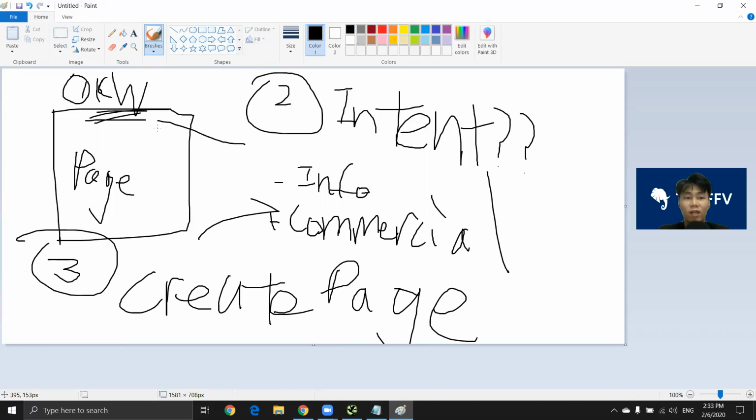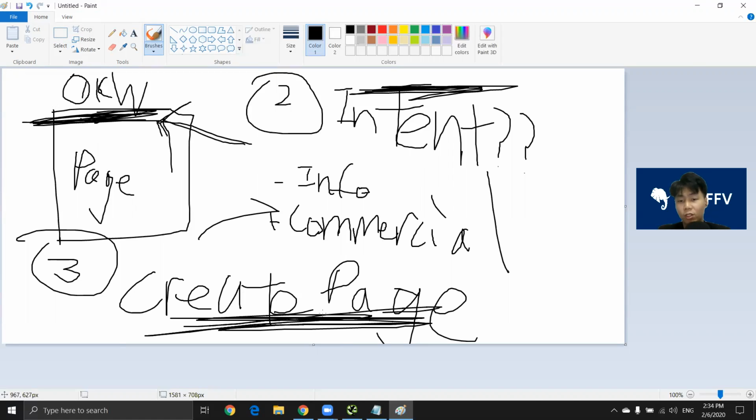Okay, and this is how everything links together. And that is how you actually rank for stuff. Because what you're doing is, firstly, you're identifying that you're going after a keyword, you're identifying the intent of the searcher, and you're serving the searcher with the correct page for the correct intent. Okay, and that's how you want to make sure that your pages are